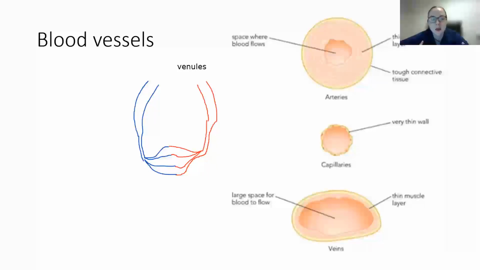Before I say it, does anyone know what it is? I'm sure Aria will know what it is, but does anyone else know as well? We've already talked about them as an example. You can write in the chat if you want. Yeah, Aria, perfect. So they've got valves, and Aria, you put that for, yeah. So they've